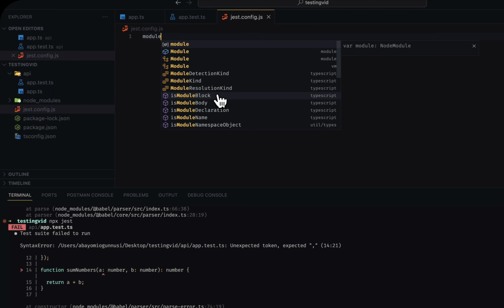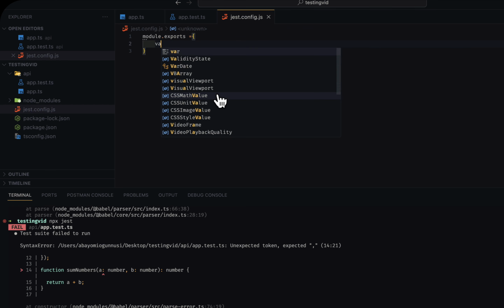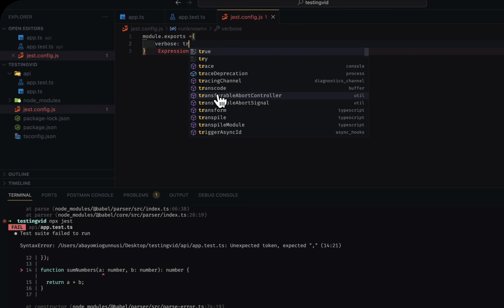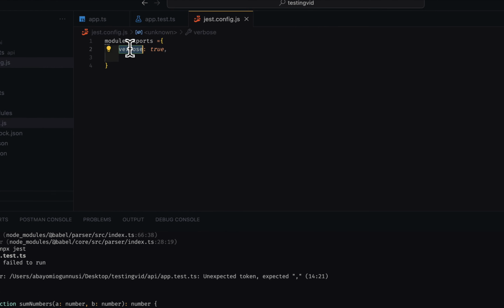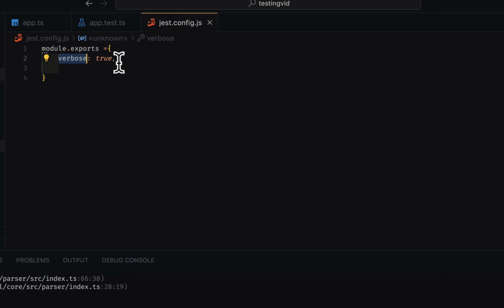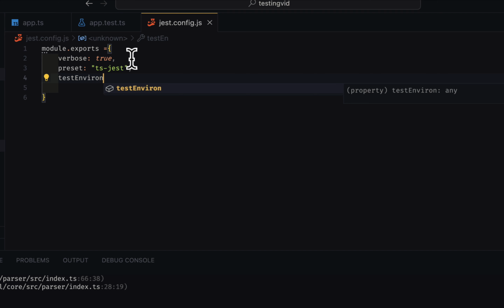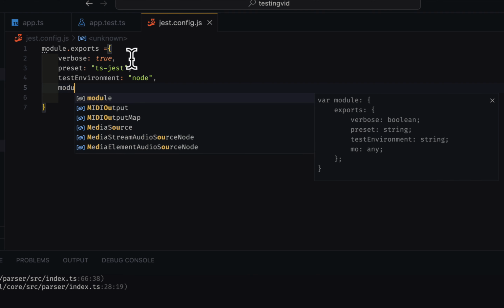I'll write module.exports because we are in JS. Then we say verbose to true. And if you're using JSON, you just convert this guy to double quotes and all. Verbose to true. Preset is ts-jest. Test environment set to node. Then we can ignore module paths,